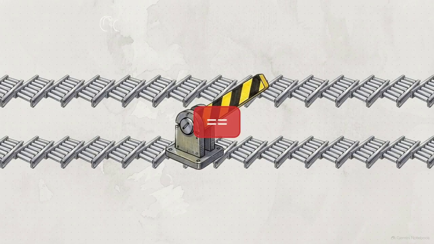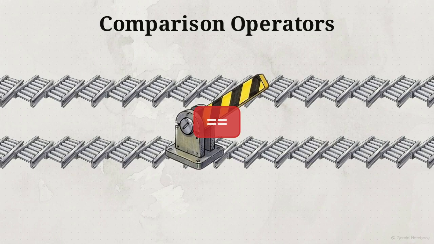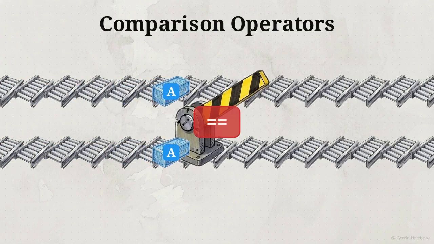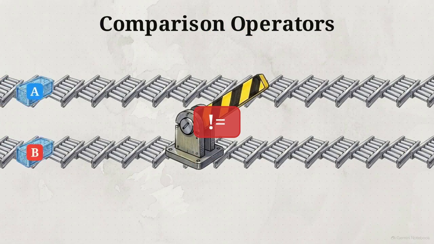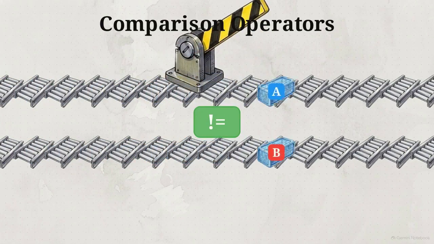Applying these tools resolves our earlier error. By including the explicit multiplication asterisk, the machine no longer has to guess. It simply executes. Comparison operators allow the machine to evaluate data, acting as gates for the program's logic. The equality operator uses 2 equal signs to check if values match. The inequality operator, an exclamation point and an equal sign, checks if they differ.